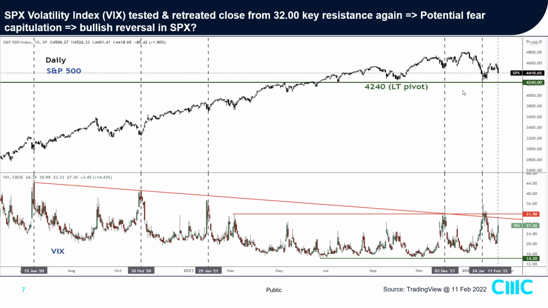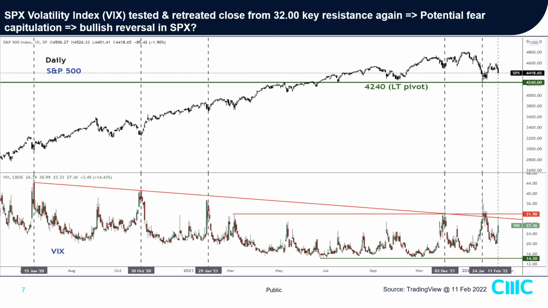If you look at the prior price action of the VIX hitting 32 on the 24th of Jan over here, and also on the 3rd of December hitting the 32 key resistance, before it started to shape a higher movement in the price action of the SPX 500,